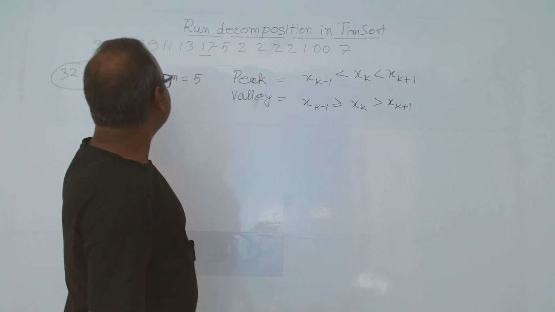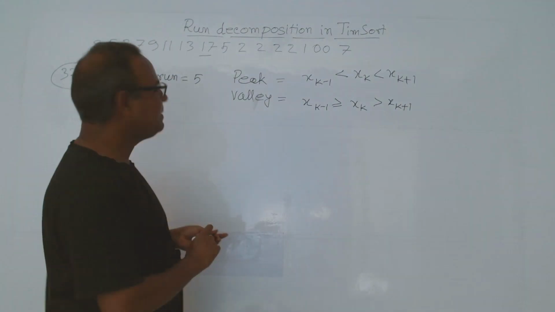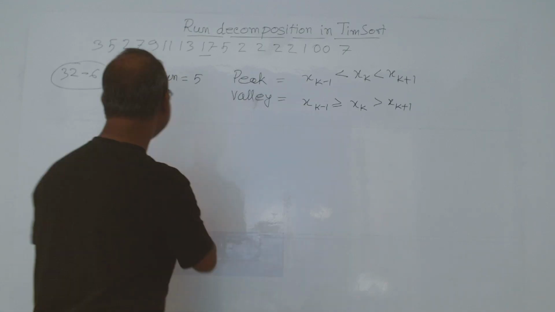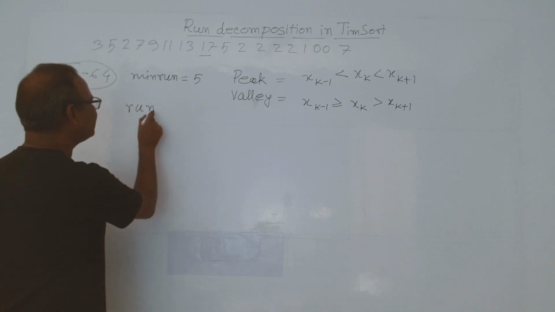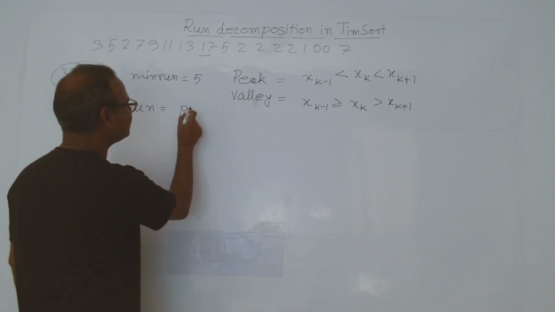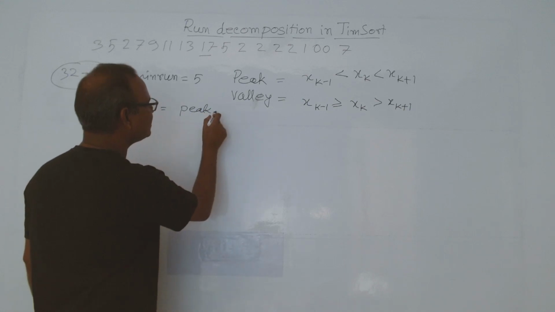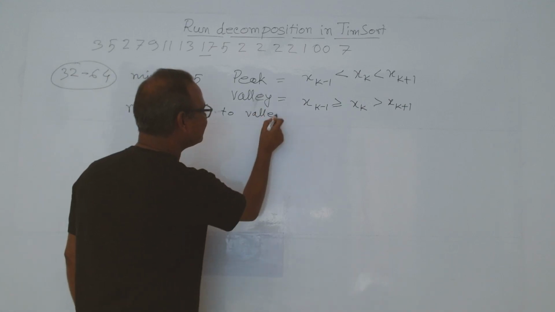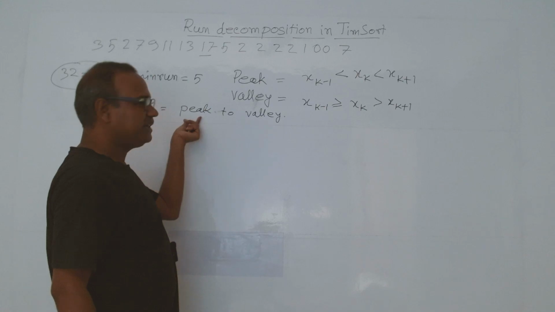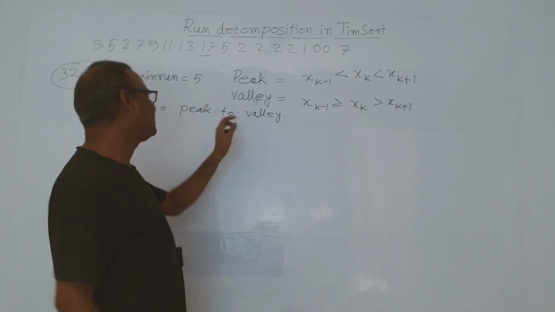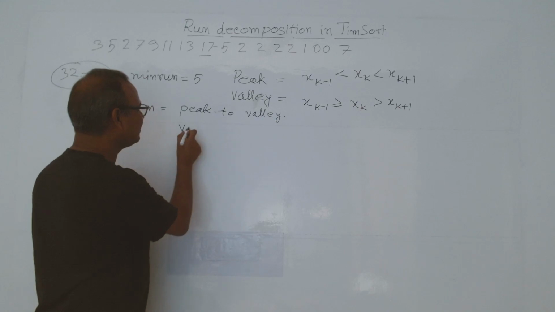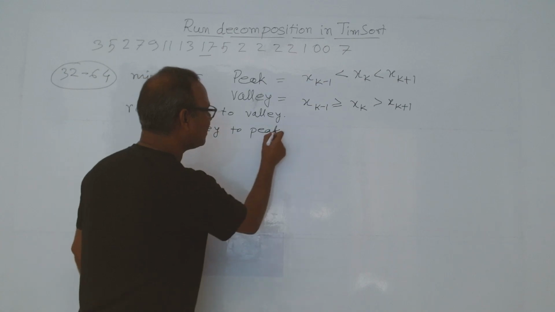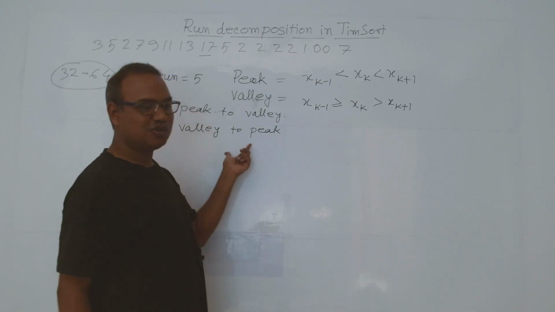So let's say now we have the definition of peak and valley. So what to do to find a run? What is the definition of a run? A run is all about peak to valley. Any peak to the next valley is a run. The reverse is also a run. Valley to peak is also a run. So there will be two types of